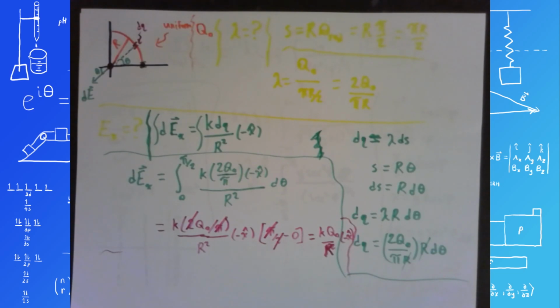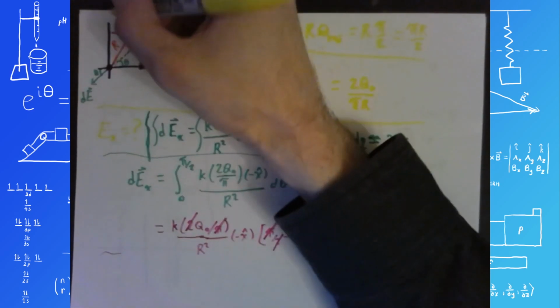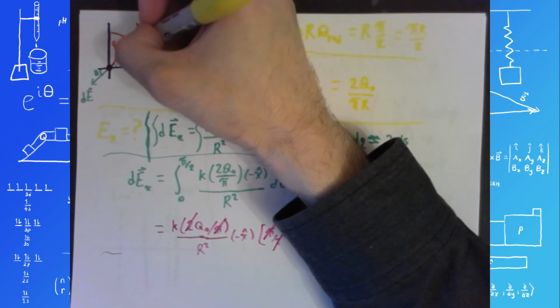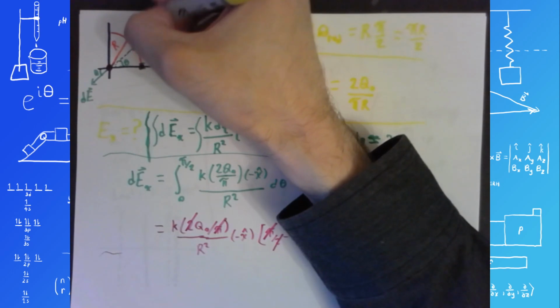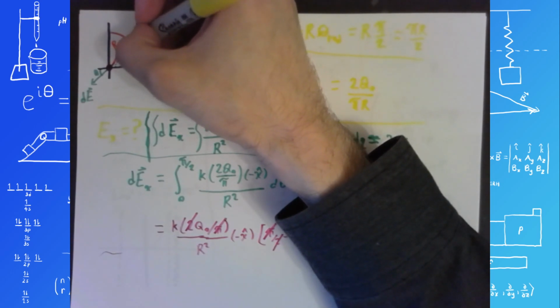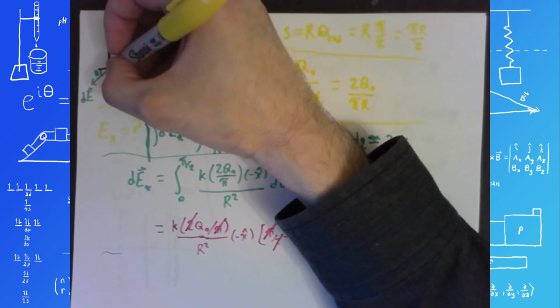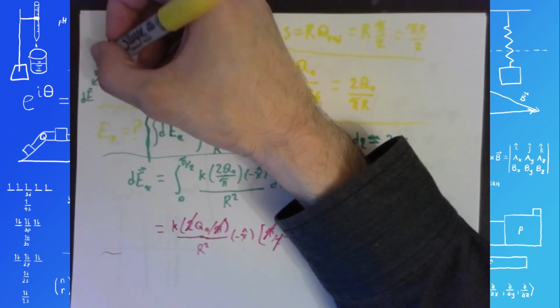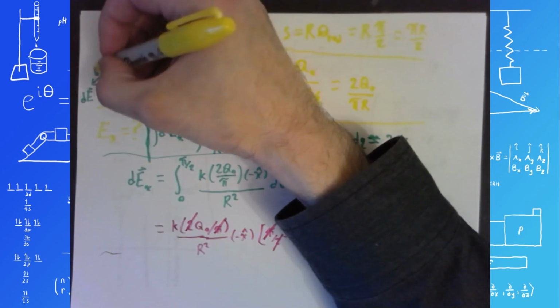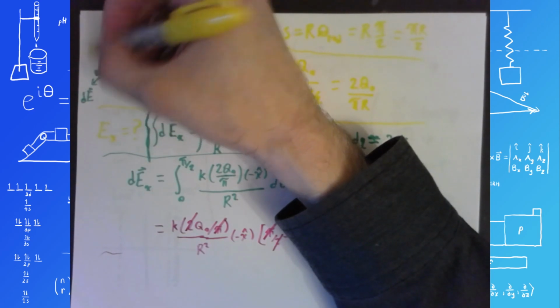Speaking of other parts, the next part is asking for the y component of the electric field, and for the y component we go through a very similar process. I don't think you need me to reiterate what I've already said for the x component. If we pick some random super small section of this charged arc containing a charge dq, then it'll create a small portion of the total electric field, and this time, instead of the cosine component,